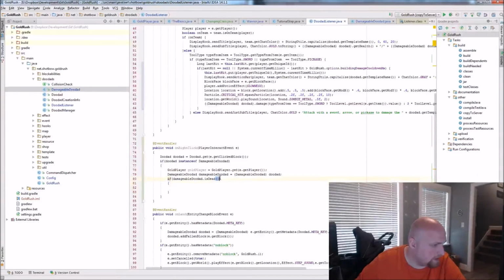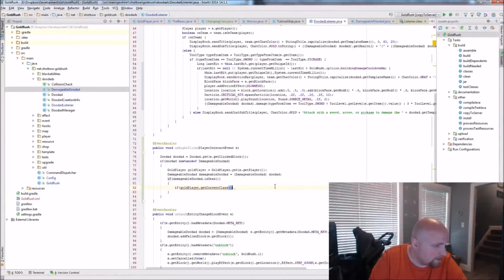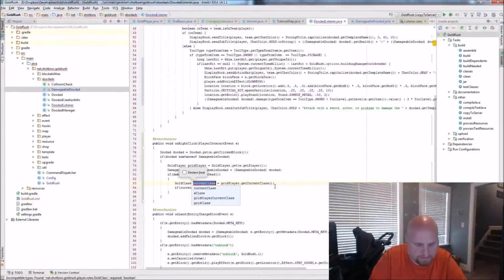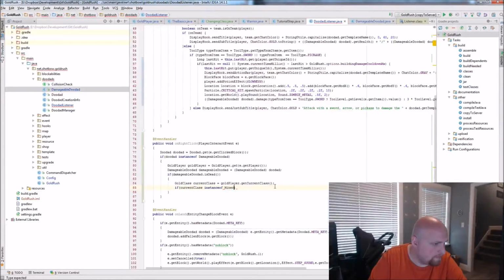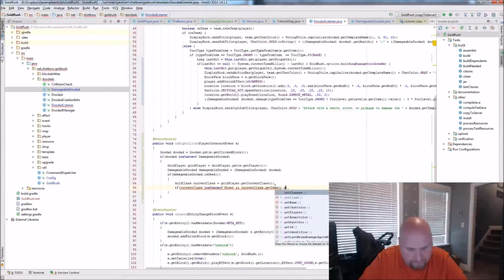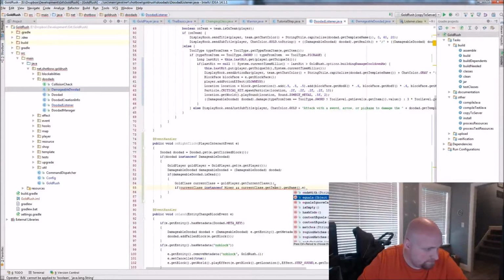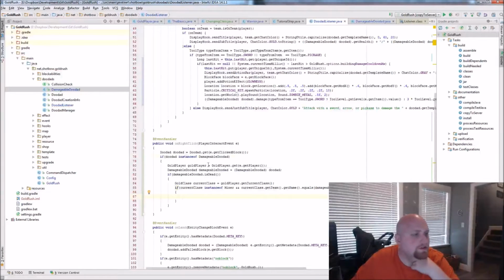They say if damageable doodad is dead, if gold player get current class, actually I'll do minor, current class, if current class instance of minor, and current class get team equals get name, get team name. So now I'm checking, hey, is the person...